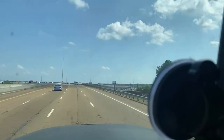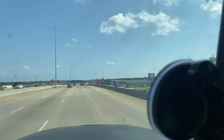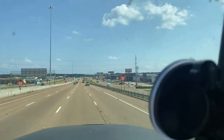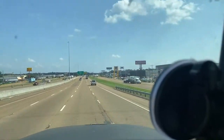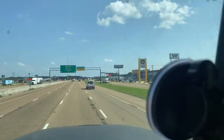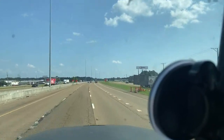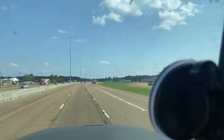Because y'all been watching for a while, y'all know we acquired a semi in April. We acquired another semi in June. So April, May, June. I put the first tag on the first truck about a month later, and I've been running this truck that I'm in right now for about a month, and I just got my tag today. And a lot of people say, well,